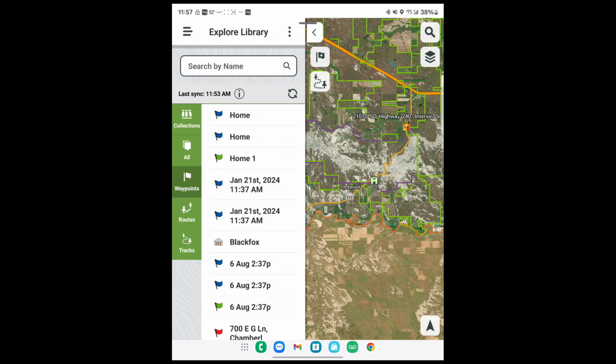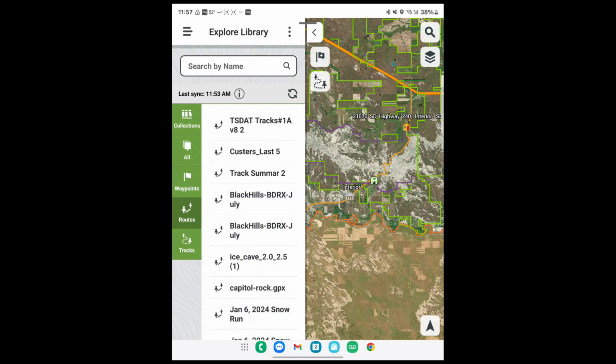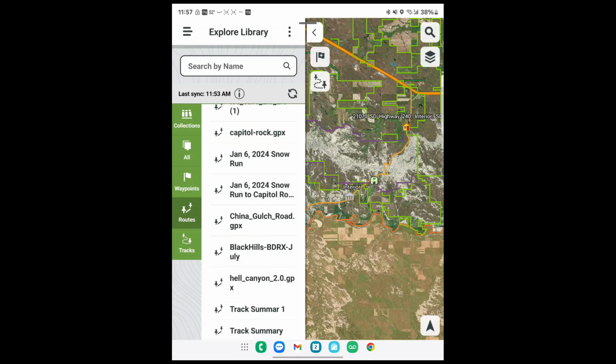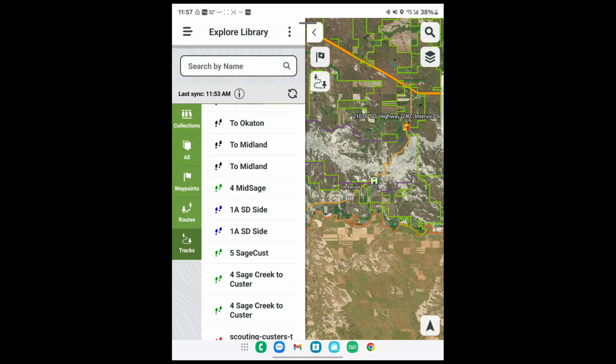If I want to narrow that down just to waypoints, these are all the waypoints. Get even narrower, I want to see routes. You'll see the icon changes as well. And then tracks. Difference between a route and a track is, think of the number of points that you look at in a given time in a given area. That is really the difference between the two, right? So routes are going to have less. Tracks are going to have more points. And the tracks are up to 10,000 now, where waypoints or routes are about half of that. Waypoints are the individual little markers that you have.